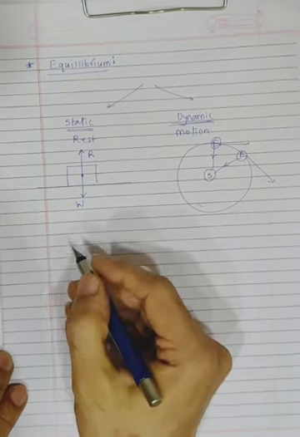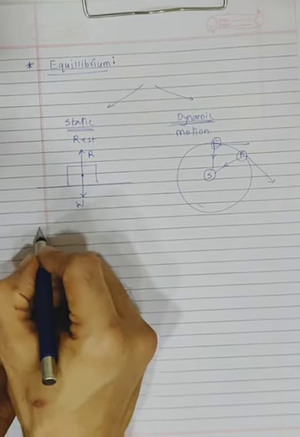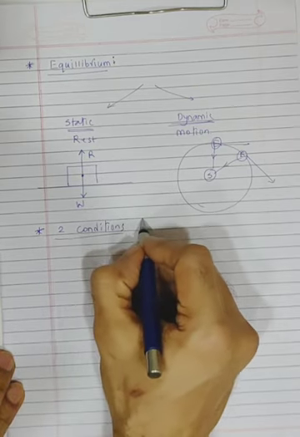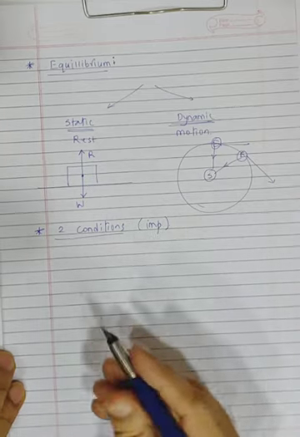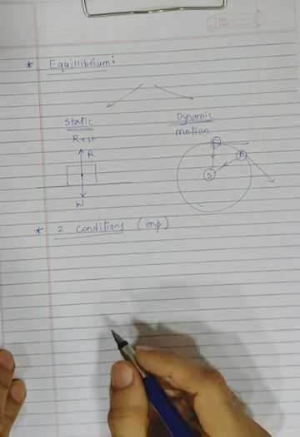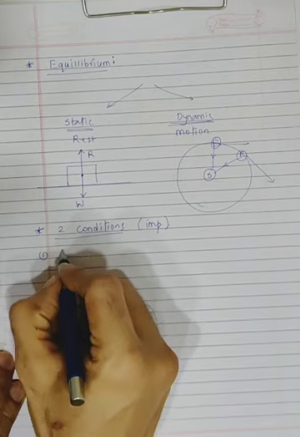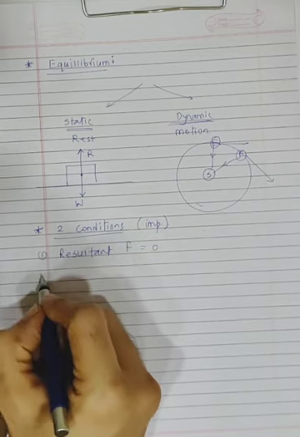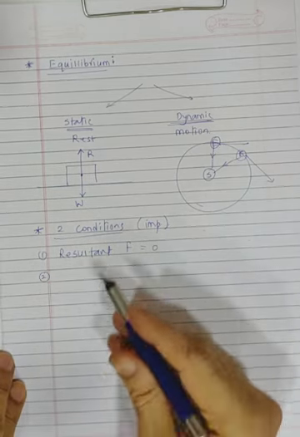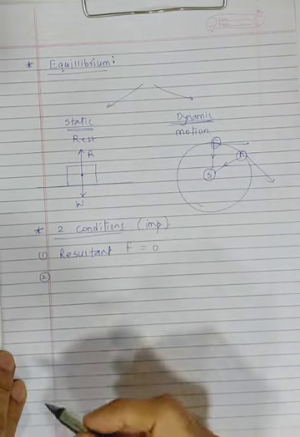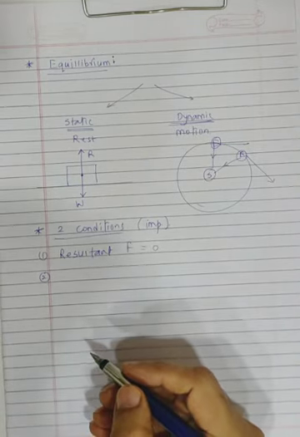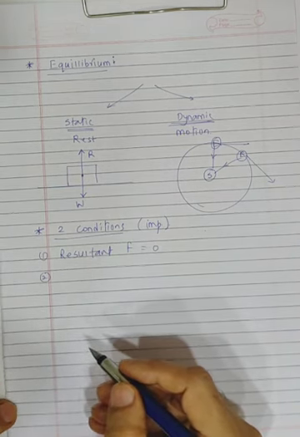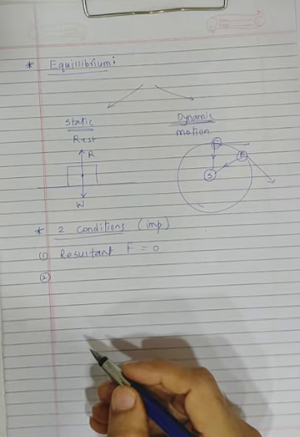Now there are conditions for the equilibrium. There are two conditions for the equilibrium to happen, which is very, very important. Every year they get this question in the exam, and a lot of people get this wrong also. So what are the two conditions? First condition is that the resultant of all the forces acting on the body should be zero. So if there is a 10 Newton force, like out here, the resultant force was what? Zero. So if the resultant of all the forces acting on a body is zero, then it will be in what? Equilibrium.